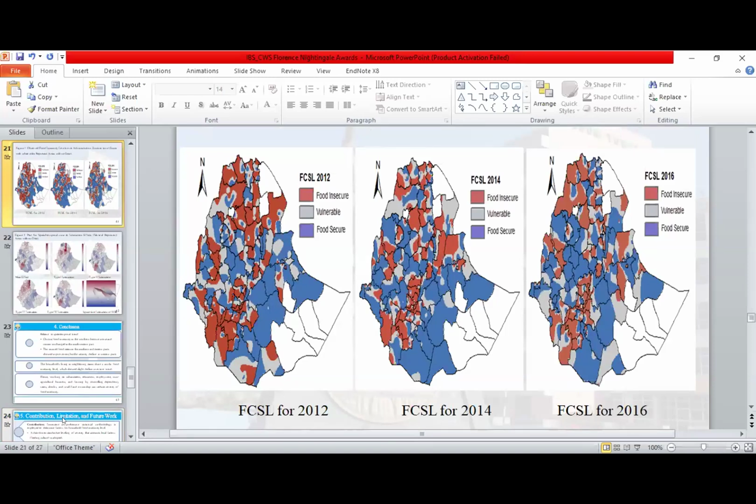From the observed values of food consumption and food insecurity levels, as we have seen, there is a spatial correlation in both years. The northern and southwestern parts have suffered from food insecurity, whereas the southeastern is better. Temporally, it declines in both; the red becomes more blue and gray. Therefore, from this observed value, there is spatial and temporal dependency. Therefore, based on this observed value suggestion,